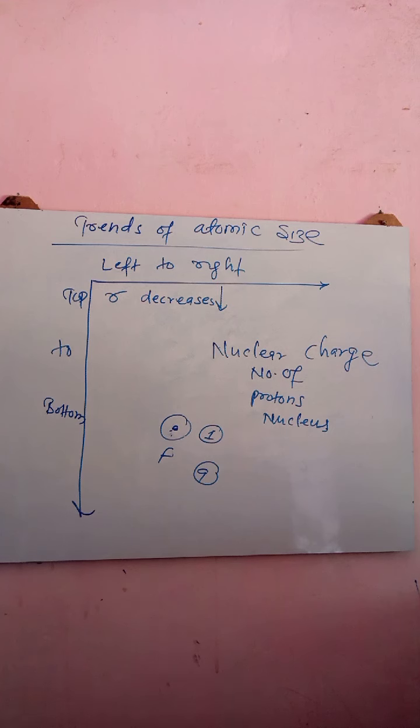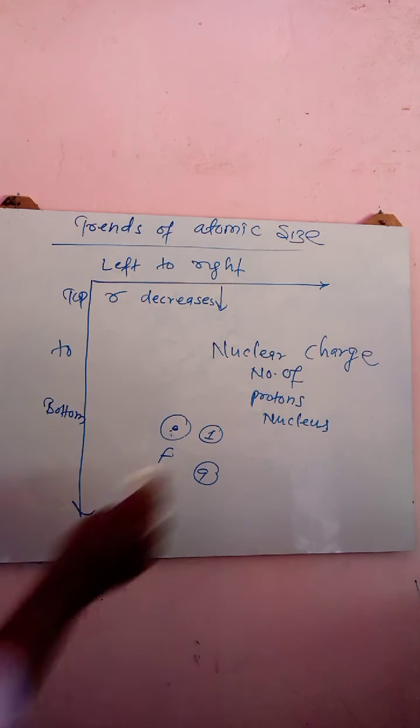Nuclear charge actually determines nuclear pull. How the nucleus pulls the opposite charges. We all know the nucleus is positively charged. So it is very clear the opposite charge will be negative. The negatively charged particle, the electron, will be attracted to what? The nucleus. This is called nuclear pull. So when nuclear charge increases, nuclear pull also increases.